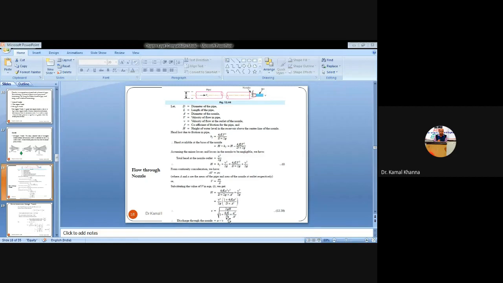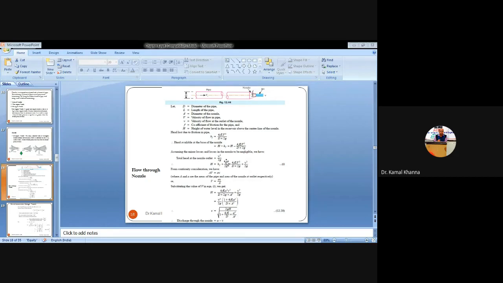So when you want to calculate the discharge, you have to multiply the velocity with the area. So this is area into velocity is the discharge through nozzle. We have to simply multiply the outer area or the outlet area of the nozzle, that is the area at the exit point of the converging nozzle. So it is small a into small v. You have to just multiply the value of velocity, that is under root of 2gh by 4fl a square by capital A square into d, with the area of the exit of the nozzle. So this will give us the discharge which is being calculated using the converging nozzle.